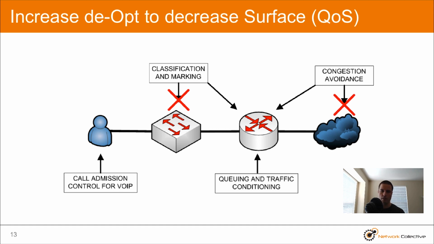So when your architect or your boss comes and shows you this diagram and says, hey, Joe, make it happen, you look at this and say, okay, cool, I'll make it happen. But then you think to yourself, in terms of the complexity model, what are the decisions that we just made? We decided to decrease optimization in order to decrease surface. So that's kind of the goal. And you just want to ensure that everyone understands that's what's happening. And this is a powerful tool to help explain that.